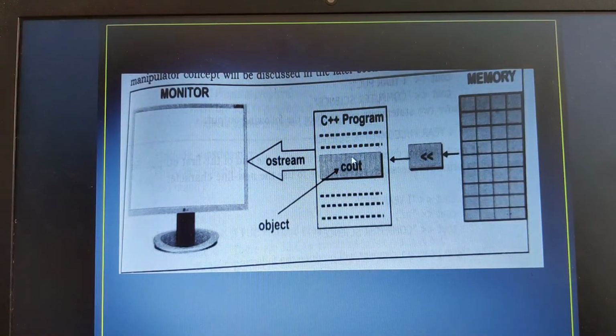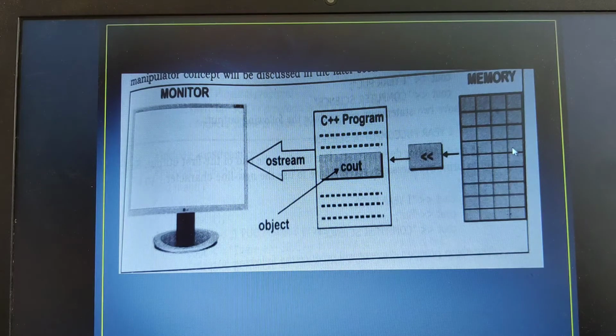Now look here, the cout operation. It will fetch the data from the memory, whatever is being stored. With the help of the cin object, I got the input from the keyboard and stored the value of age as 25 into the memory.